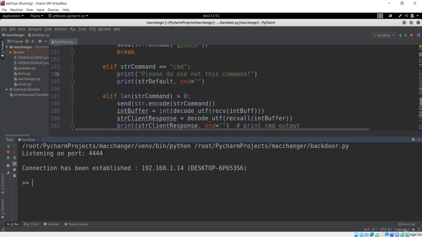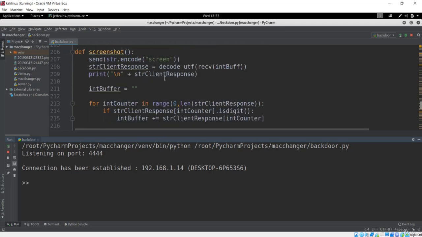Sometimes you can only restart that machine, or sometimes you can also refresh the network interface, and something like that will work. So there is nothing to worry about in the code. If you want to get the reference for the code, you can also get it from the resource section.